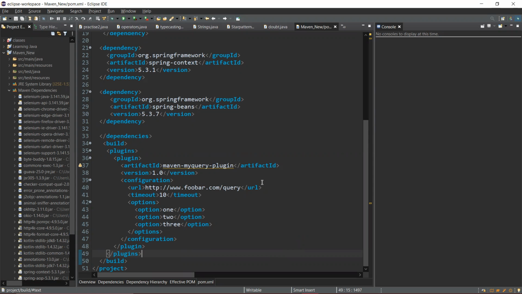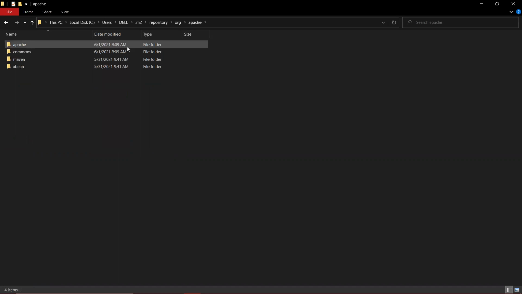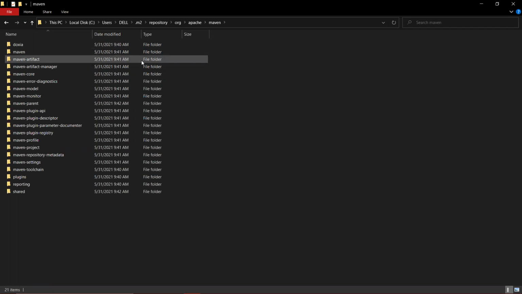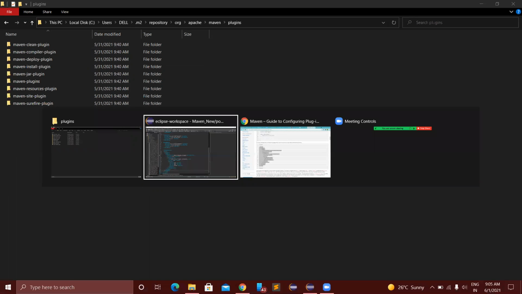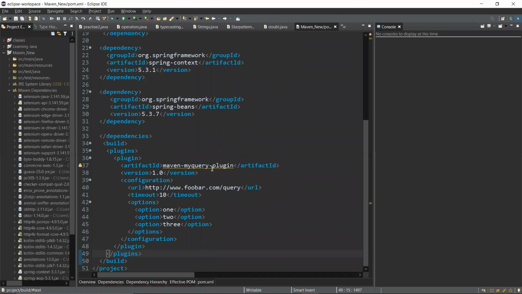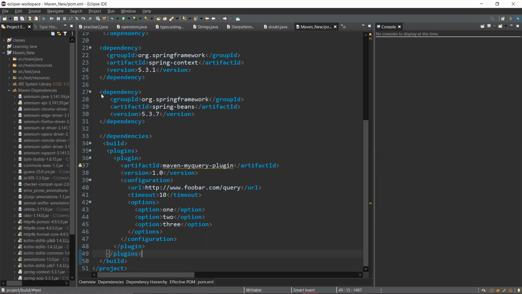Okay, go inside the org. Yes, sir. Apache. Maven. Plugins. Okay. So which plugin did you add in your project? Maven jQuery plugin. Okay. Can you go there and identify that folder?